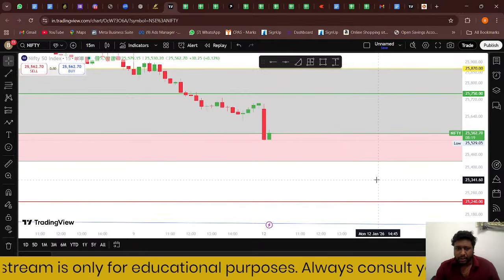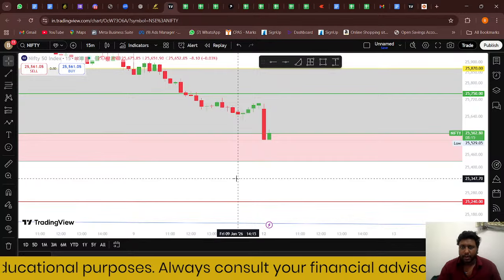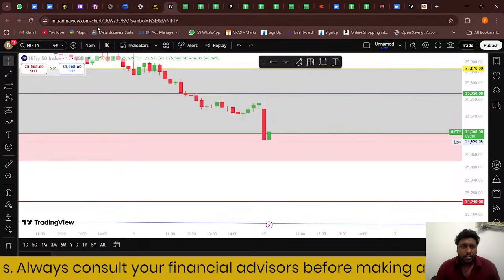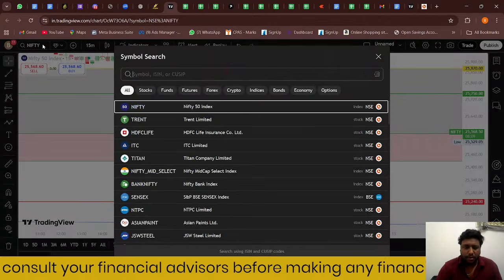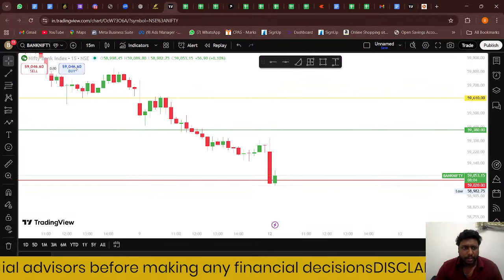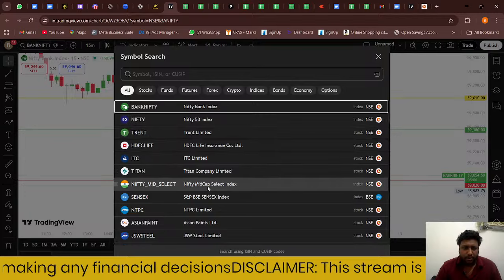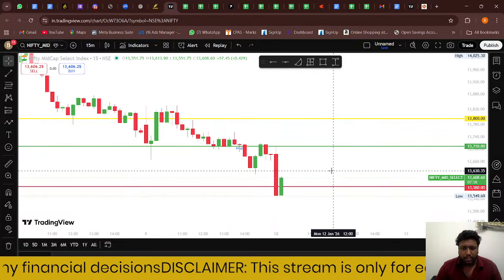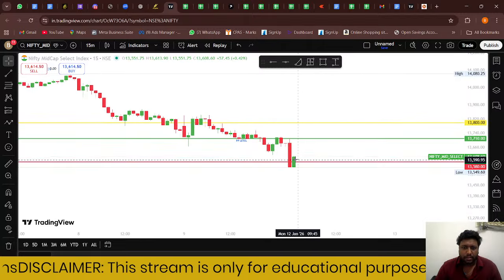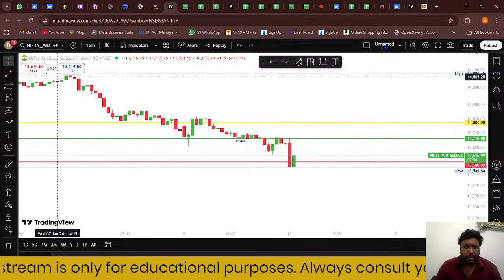So it's 9:36. We will be having a live market analysis continuing from 10 o'clock. You guys will be getting the link on the Discord channel. We'll have a quick look at Bank Nifty also, and we'll wind up for the day. Similarly, Bank Nifty is similar to Nifty and Nifty Midcap. If you see a similar trend over here as well. If it is bouncing back to this particular level, then definitely we can plan a bear entry on this side.